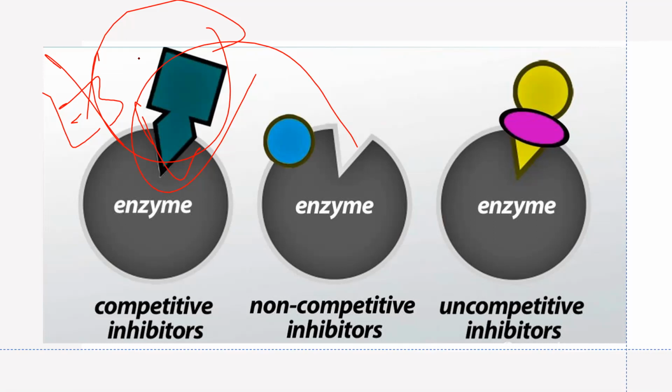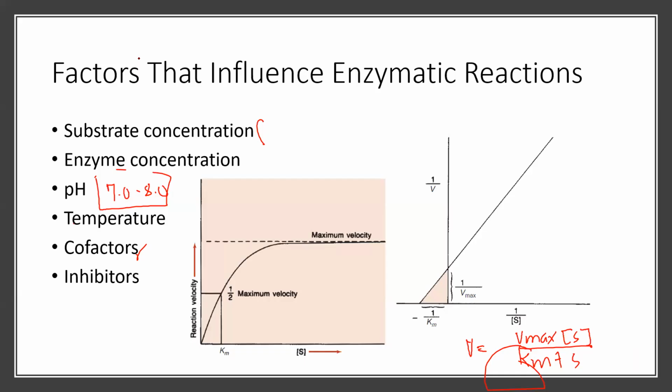Ikaw, parang hinahayaan mo lang siya nandun, pero umi-epal ka, sumisingit ka, wala pa rin reaction. Okay? So this is what we call inhibitors. And substrate concentration, enzyme concentration, pH, temperature, cofactors, and inhibitors are the 6 factors that influence the reaction of our